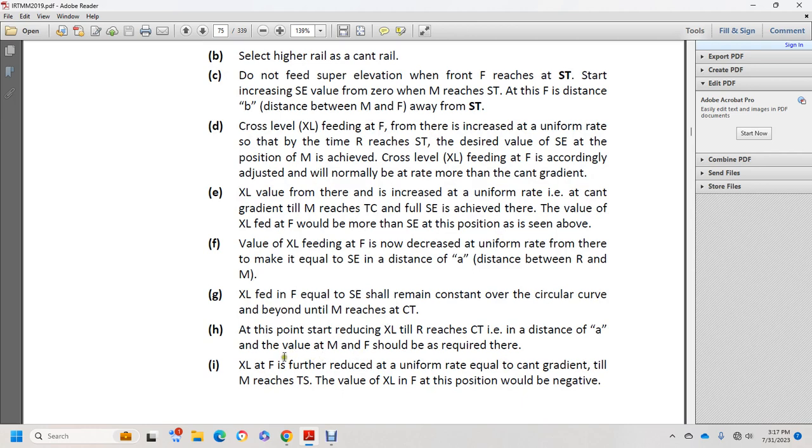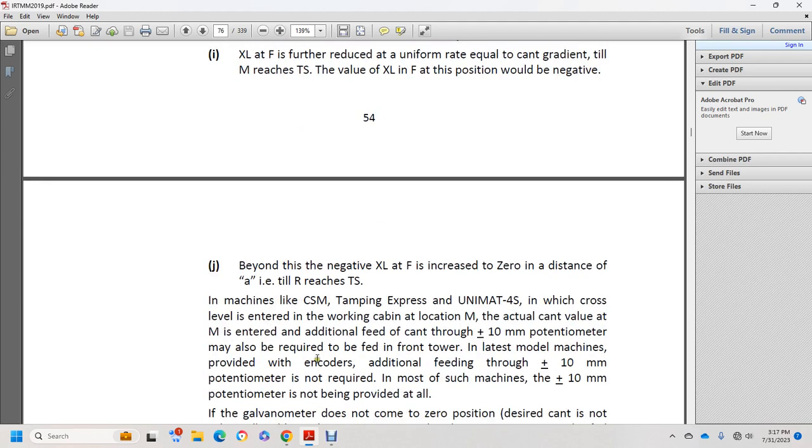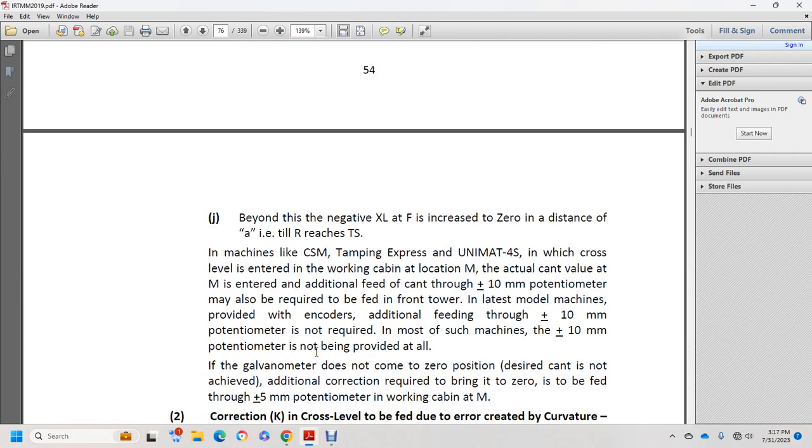X super elevated cross level, from the F, is further reduced at the uniform rate equal to the cant gradient. On reaching the TS value of the X cross level, the F position would be negative. Beyond the negative cross level, the F increases the zero distance of the tilt at each of the TS. And the machines with CMS for the tamping, and for the unit map 45 of the cross level,